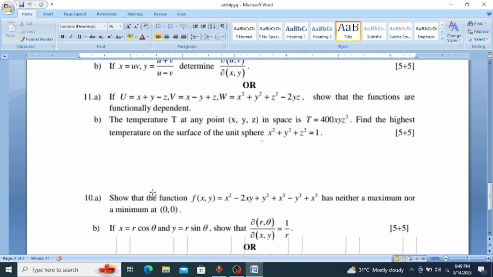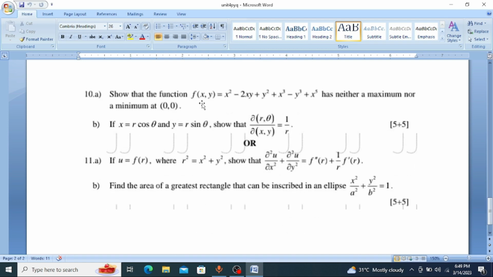And the next question: show that the function f of (x, y) is equal to x square minus 2xy plus y square plus x cube minus y cube plus x power 5 has neither a maximum nor a minimum at the point (0, 0). We have the condition for getting neither a maximum nor a minimum point, that is ln minus m square should be less than 0. Then we can say that the function has neither a minimum nor a maximum point. The point given is (0, 0), and you need to prove that the function has neither a maximum nor a minimum. So you have to find out L,